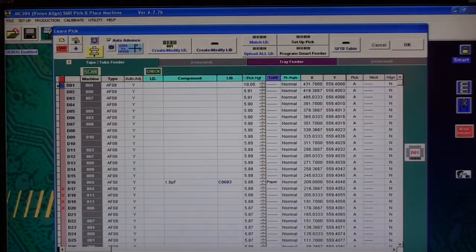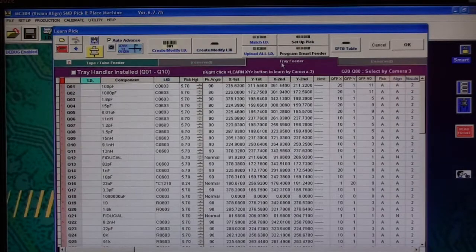When you also do the picking, there are lots of tray feeders that you might need to do. In the tape tube feeder is where you'll do a lot with the feeders that face you. Over here in the tray feeder is where, if you have a tray or a strip of tape, and all you have is 10 components or 15 components, you want to just pick up from there. So here's one that's already populated, and we can go through one. Most of these are in the strip holder. Other ones are taped down with double-sided tape. So we can see here,